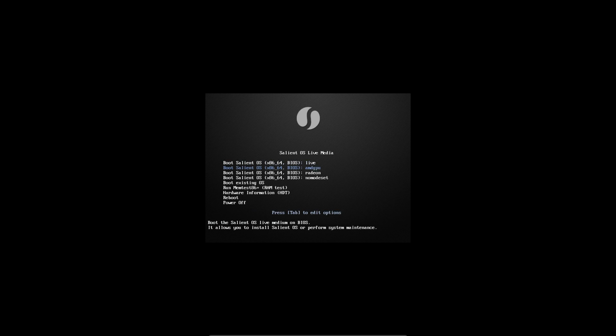AMD GPU, tab. Check out the last lines. nvidia_drm.modeset=0, amdgpu.modeset=1, i915.modeset=0, radeon.modeset=0. So these lines may be necessary for your hardware. I hope not, but it may be necessary. So you can type them yourself.